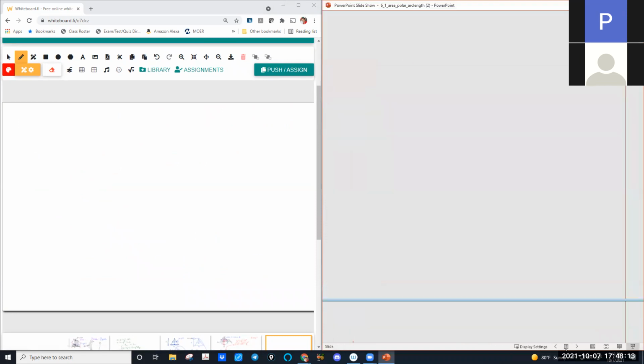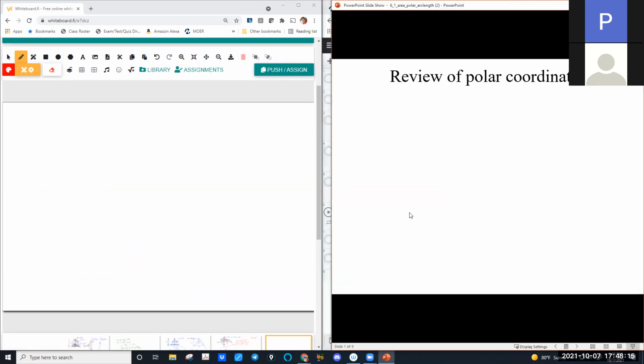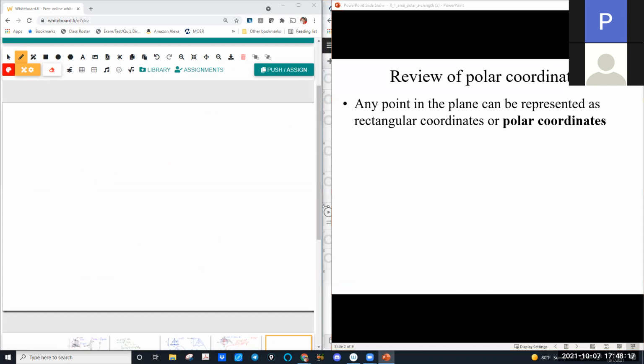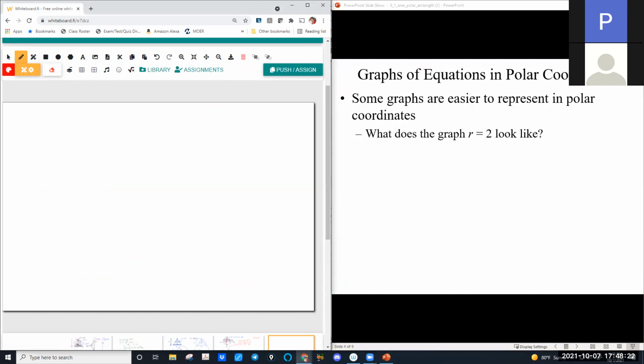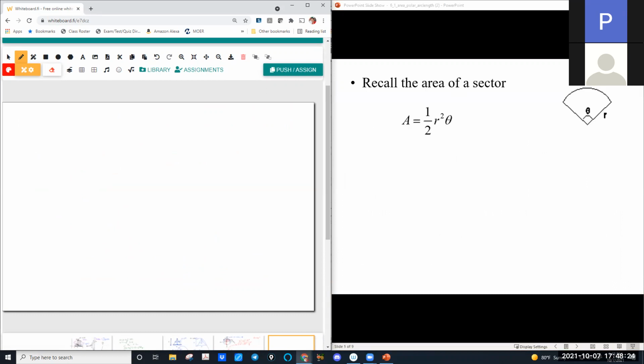Perfect. All right. Now we talked about the beginning of this. We've reviewed polar coordinates, so we're not going to worry about that right now. We are talking about arc length. Oh, sorry. Area of polar curves first, then arc length. My fault. I want to do area of polar curves since we're in this area topic, and then we'll talk about arc